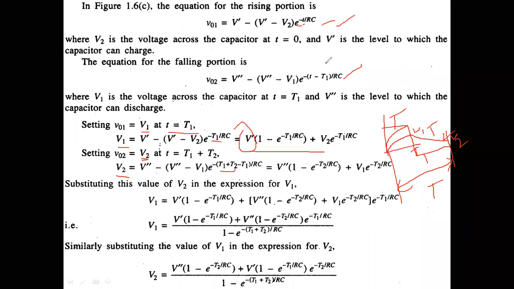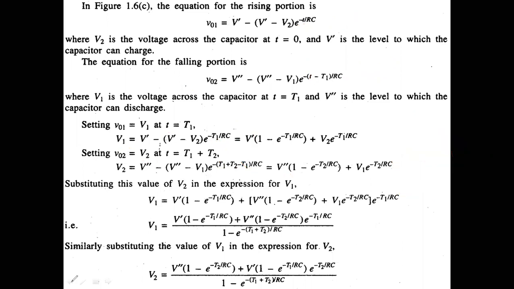Yeah, I have substituted in this equation. Instead of V2, I have VO2. I have taken V2 instead of T. I have taken T1 plus T2. Therefore, T1 gets cancelled, and you may have the T2 here. Here also, simply I have taken V double dash as common. The next step was simple simplification. Once you go through this derivation, you can easily understand.